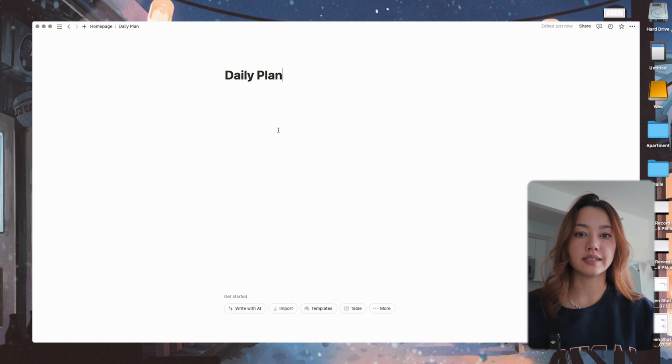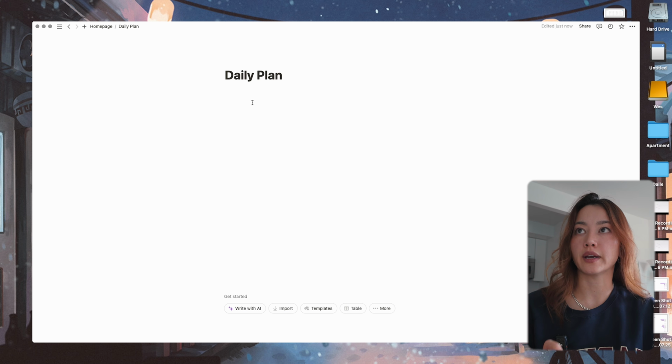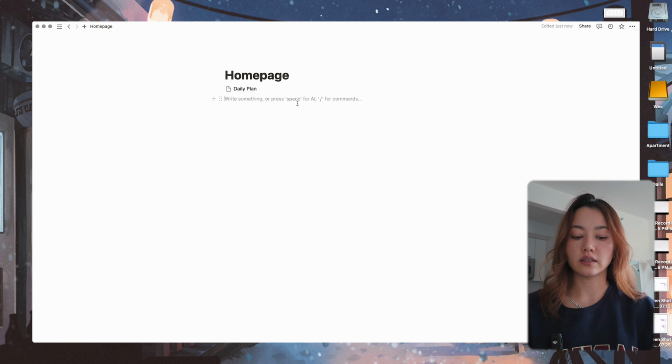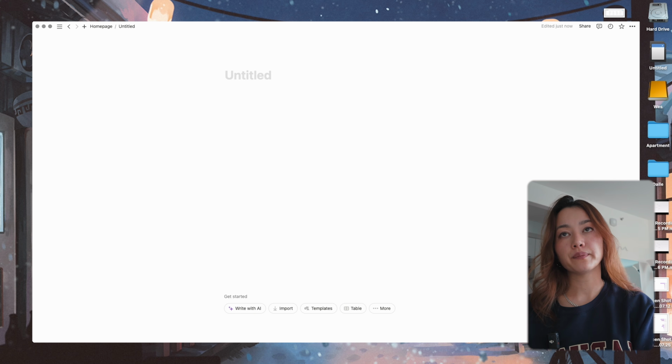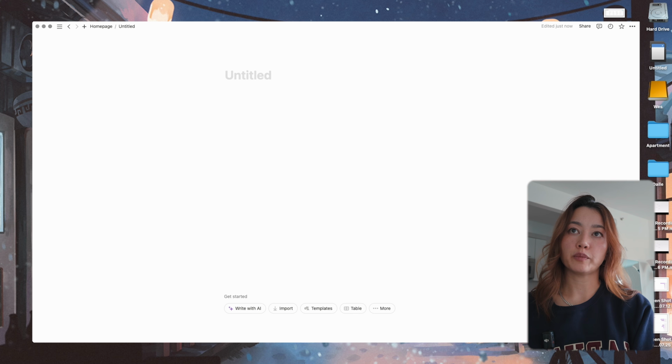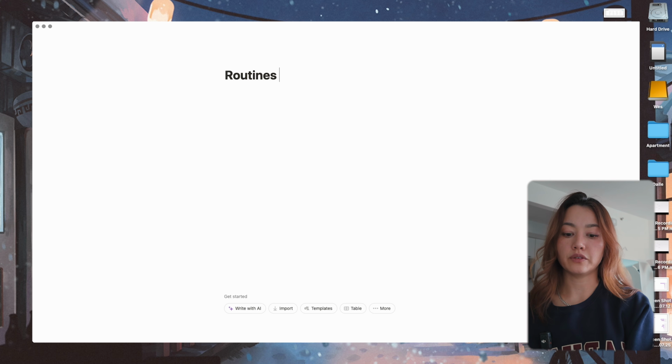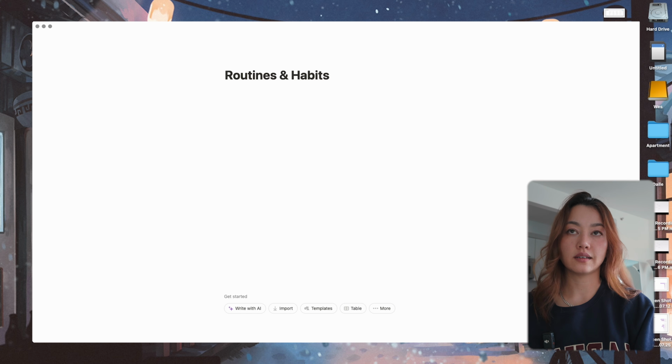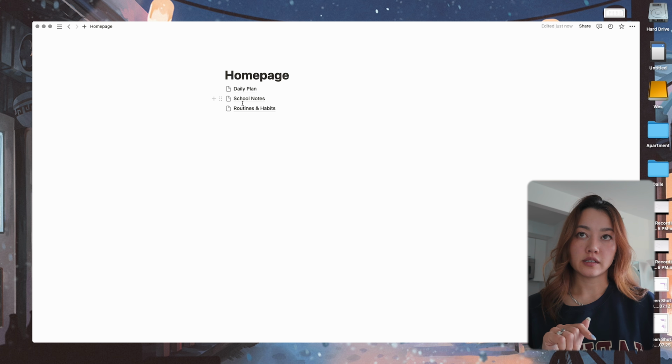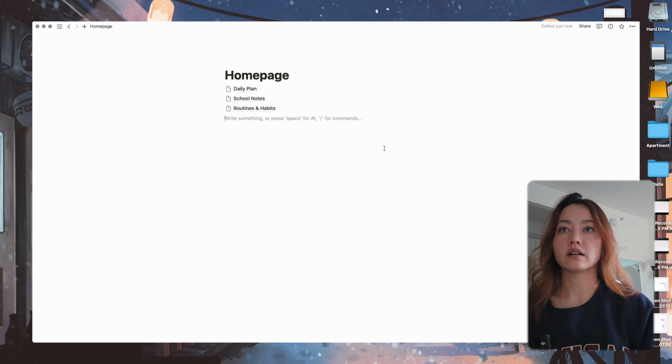So this is going to be all of our daily tasks, everything I need to see when I first start my day. And we can go back to homepage and then start another one, school notes. Let's do one more page. This will be routines and habits. So we have our 3 dashboards that we're going to start with here, and it's time to create our databases,